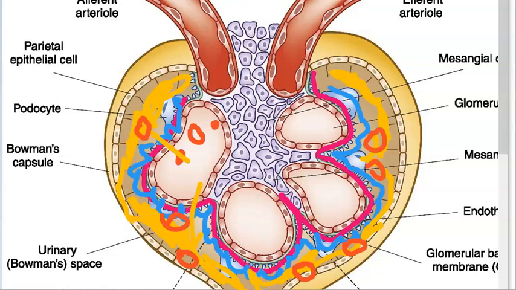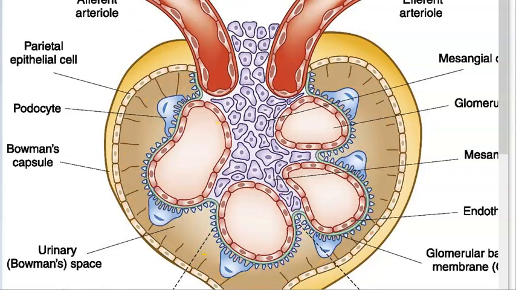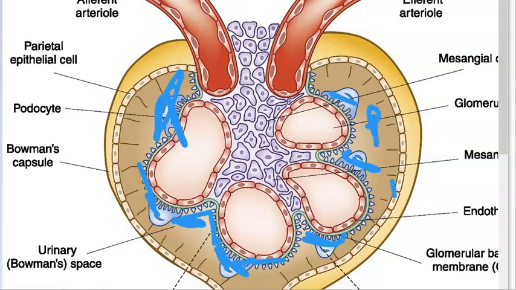Now we want nephrotic. If you want nephrotic syndrome, a lot of protein should be lost. In that case, what should be damaged is the podocytes. If the podocytes are injured, then there will be a lot of protein in the urine. So if you want massive proteinuria, that is nephrotic syndrome, that is greater than 3.5 gram per 24 hours of urine, if it has that much protein, then it will become nephrotic syndrome.